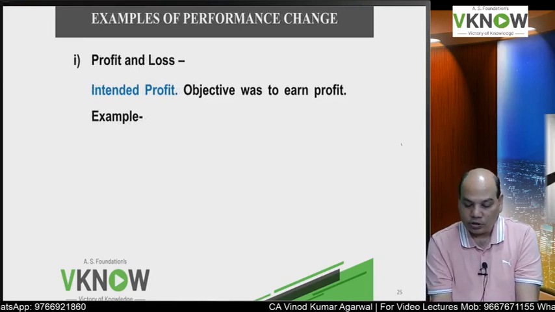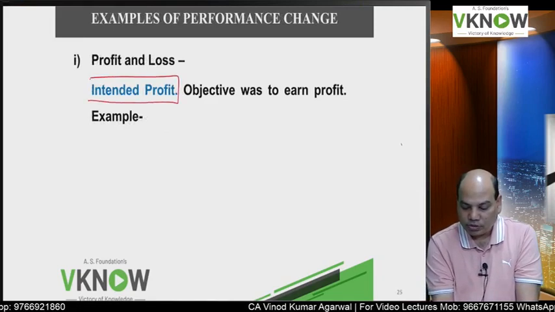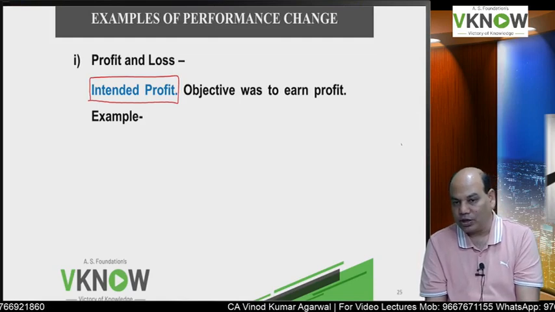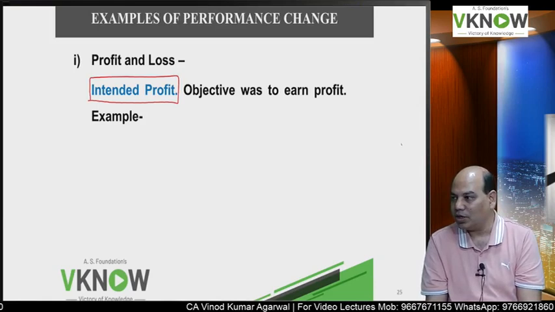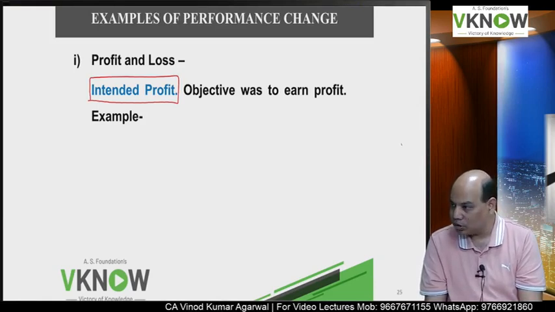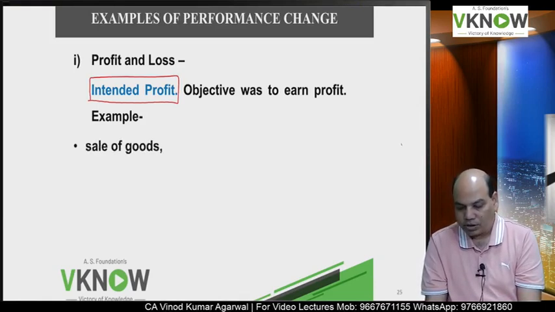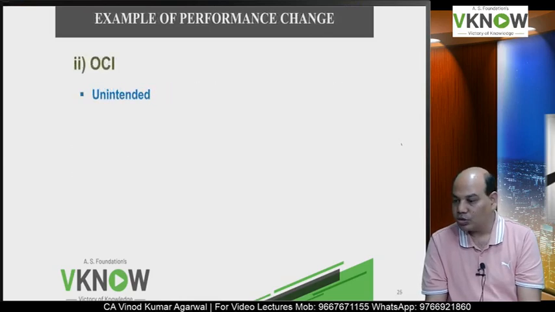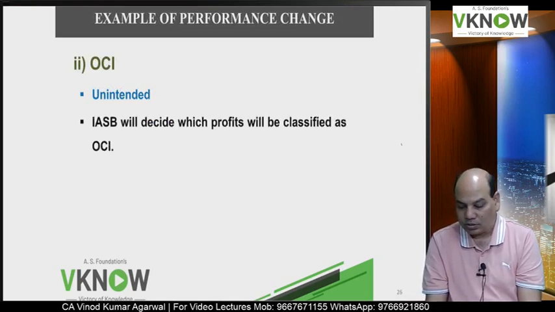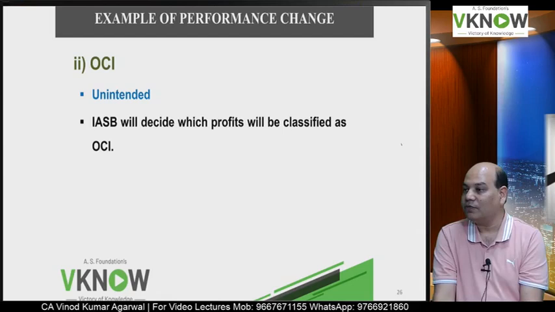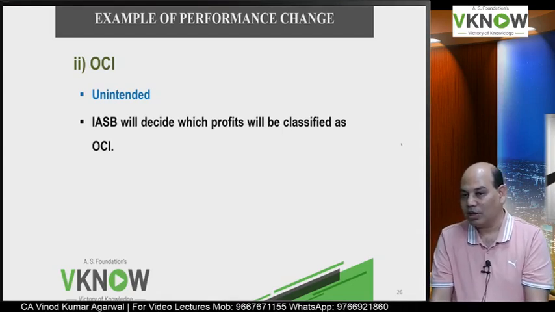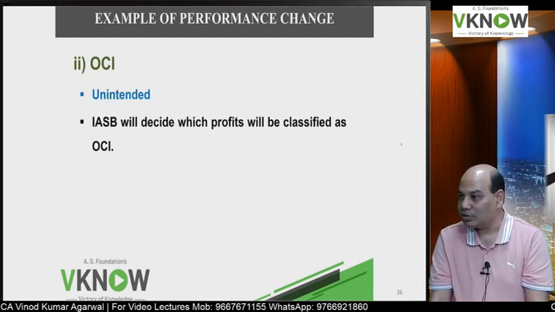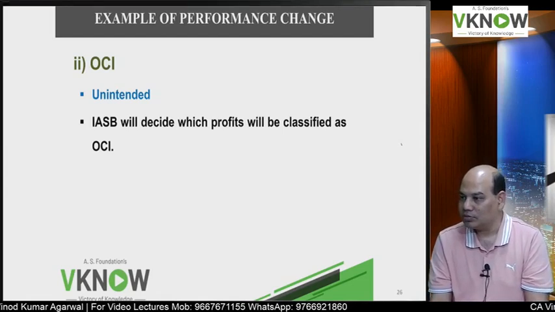Part 1 of the P&L account is intended profit. The objective was to earn profit. Management had put their time, energy, effort, resources to earn this profit. Examples: sale of goods, interest, like that. OCI is unintentional. We don't put our time, energy, effort, resources, management strategies, or planning into earning OCI, but they are